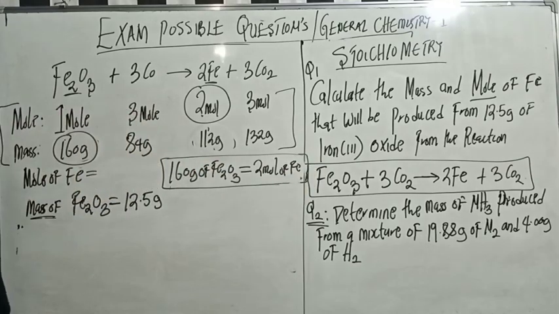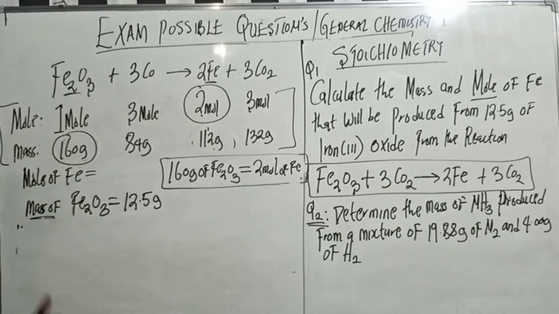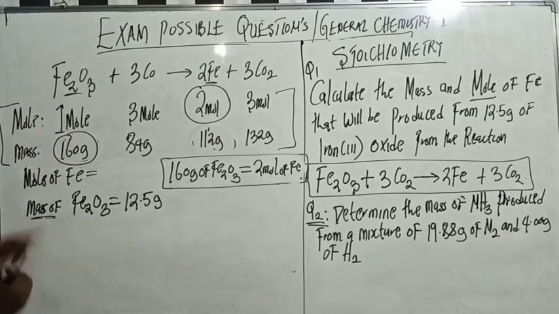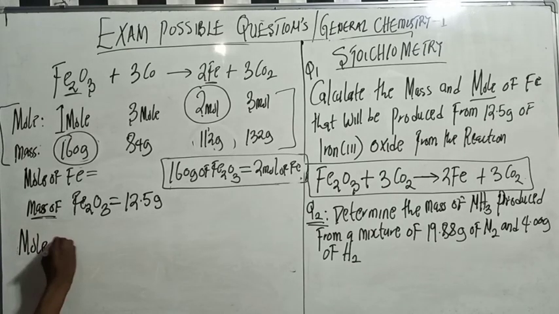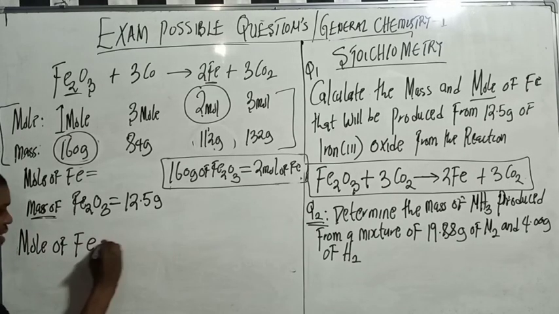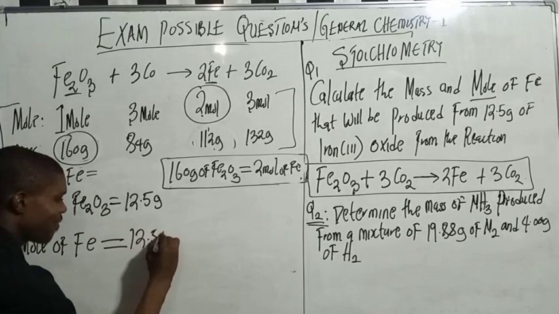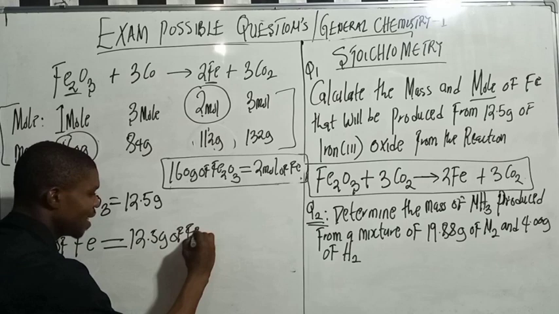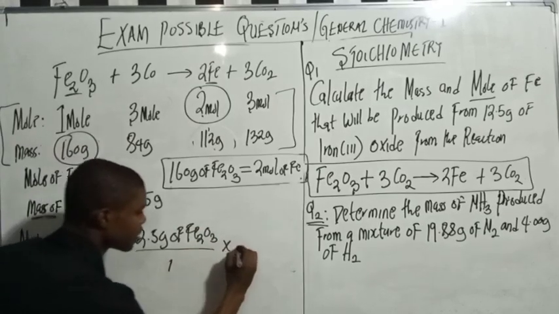Hope you understand now. It's still the same pattern here, but here I'm not using mole. Now, the same dimensional analysis here. So remember, we are looking for moles of Fe. So moles of Fe is equal to 12.5 gram of Fe2O3 over 1, times